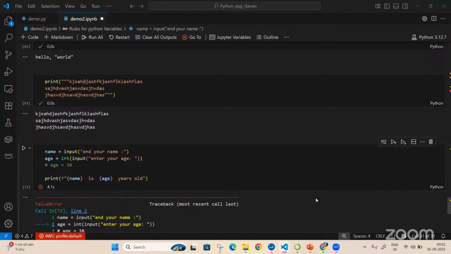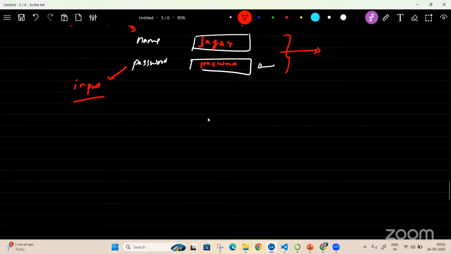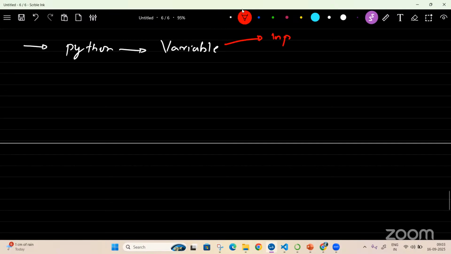Okay, thank you. So far what all we saw. We got started with our Python. Inside Python, we saw variables, where we are declaring our variables. For these variables, we are giving an input.